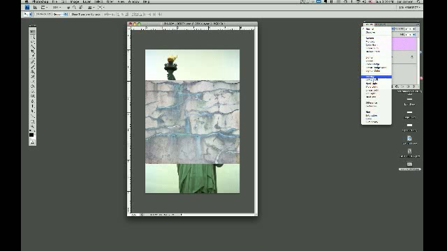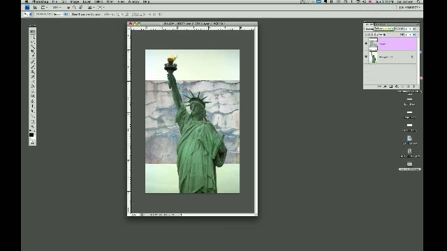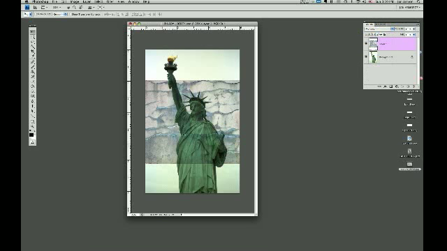If I tried the overlay mode, watch, you can see what will happen. Not much. Can't see much. But if I use the darken or the multiply mode, we get an effect here. Now the darken mode actually works quite well, but so does multiply. Multiply actually, you notice, imprints across Lady Liberty. So if you like the multiply mode for some reason, you could use a layer mask and wipe it out over here. But we're not going to do that. We're just going to use a darken like this,